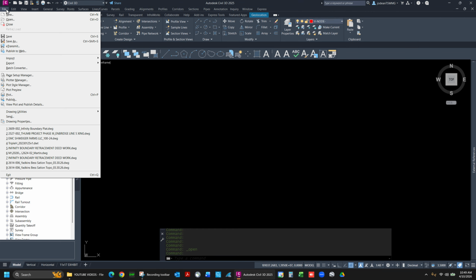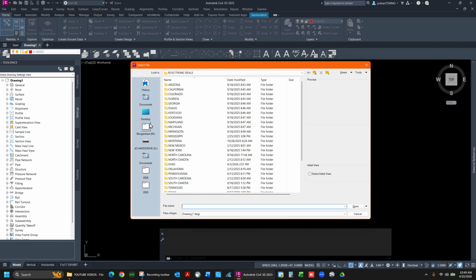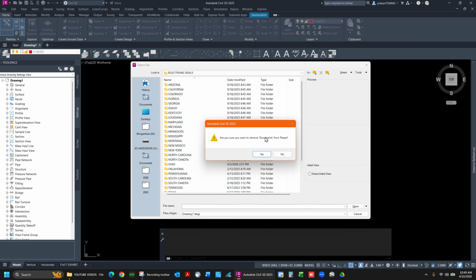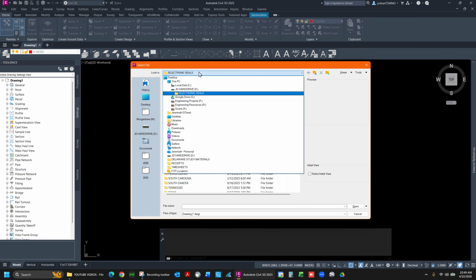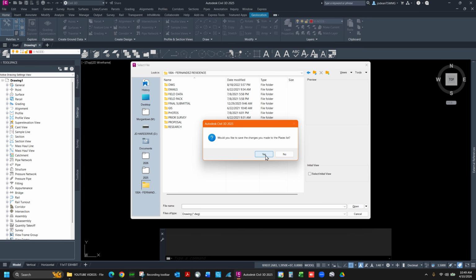So let's imagine we are going to open a file. We'll go to File, Open. Did you know you can customize the file shown over here? You can add folders, you can remove folders. So let's say hypothetically you are going to be working on a project repeatedly, for several days, weeks, months, whatever. You can come to the folder, you can add it here. So the next time you come in here, you save this,